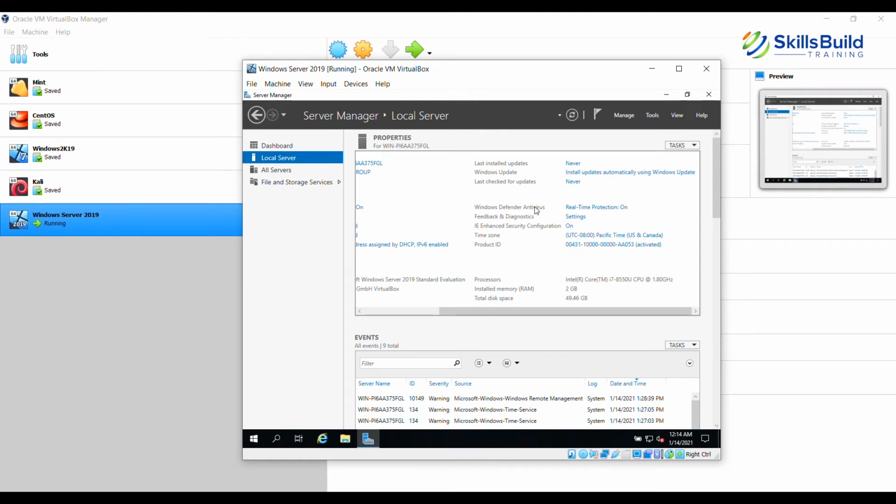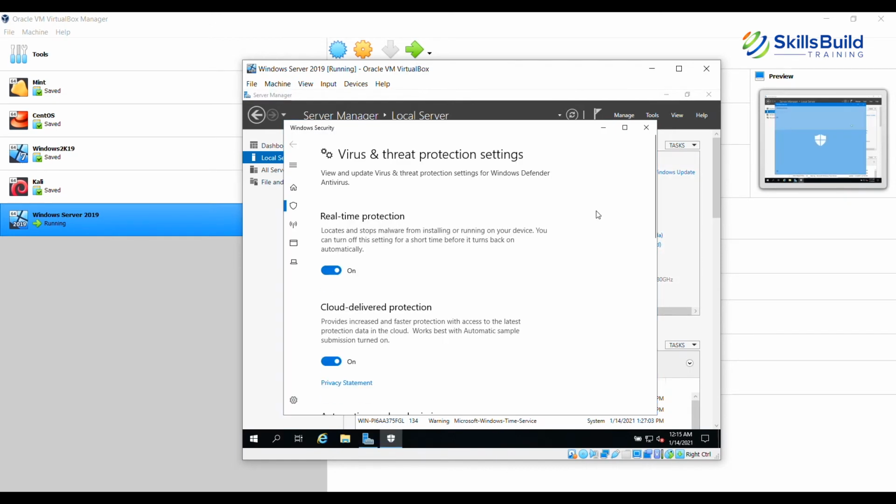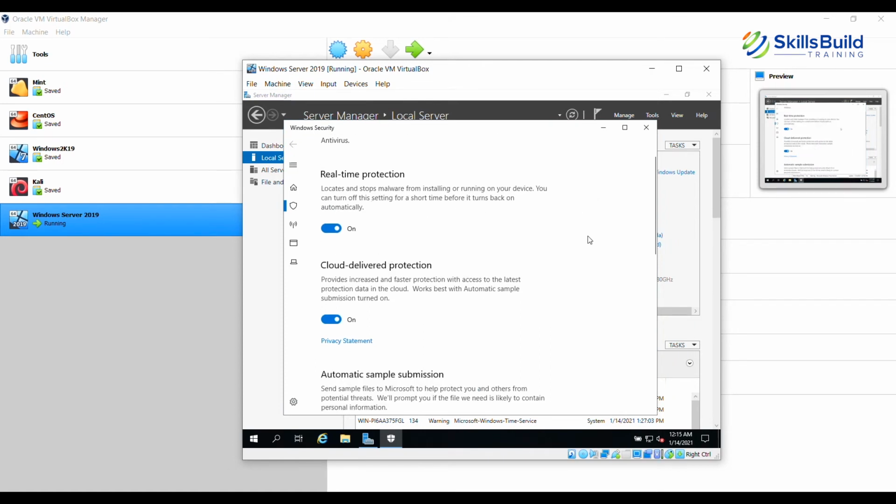Windows Defender antivirus. If you're not aware of it, Microsoft Windows, be it the desktop operating system or the server operating system, has a built-in antivirus, which is Windows Defender antivirus. By default, it has real-time protection set to on. Which means if any suspicious file or malware is dropped onto your system, Windows Defender will automatically take action. When you click on this option, you get this setting. By default it is on, but you can also switch it off.